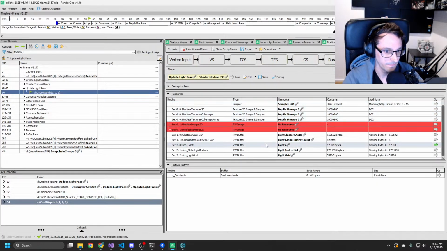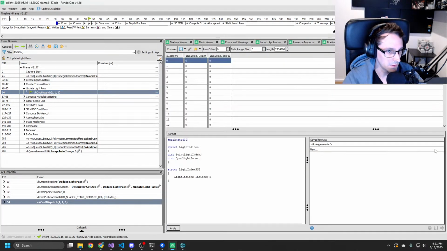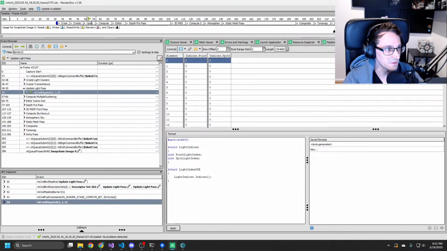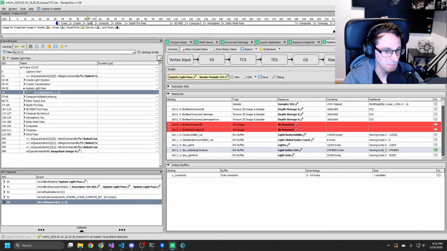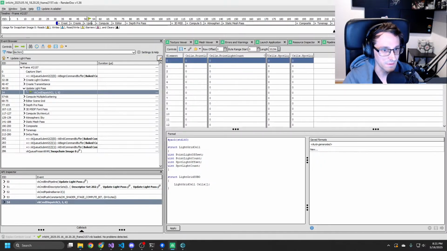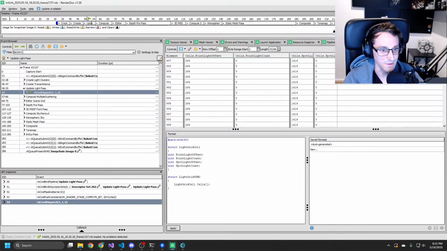Pipeline. Do we have point lights here? Doesn't. Oh, wait, maybe it's not that one. I think it was that, or? Oh no, it was the light grid.